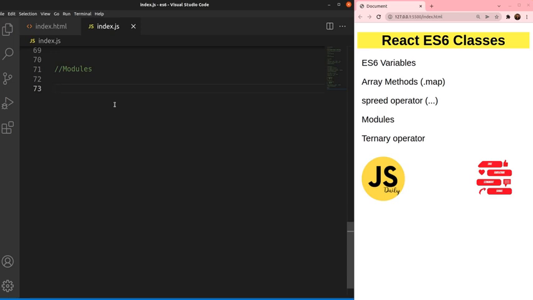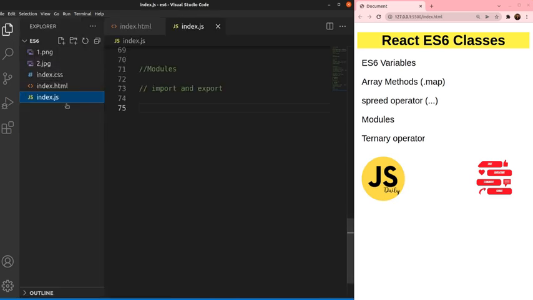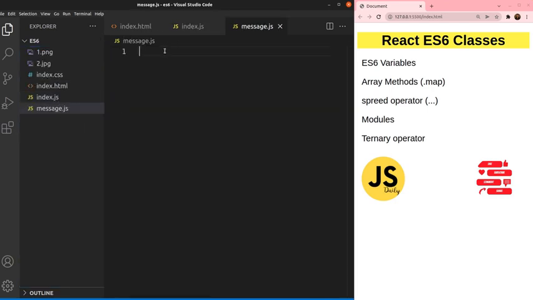Before we learn what import and export are, we make one file by the name of message.js. Inside of that we have one example,